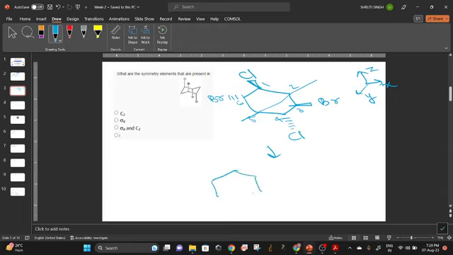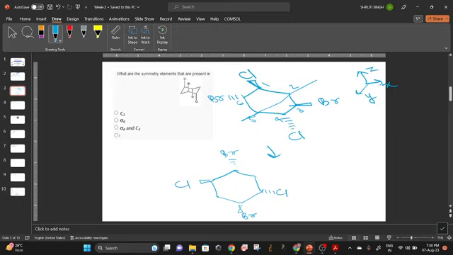Then at position 3, Br is there, so C2 is not there. C2 is not there, I think, because when the axis I have drawn is in plane, it will flip the positions. Here Br will go down and here Cl will come up, and this will be Br up, and here what is left? Cl, which will be up, isn't it? In plane. Yes, ma'am. So C2 is not there.